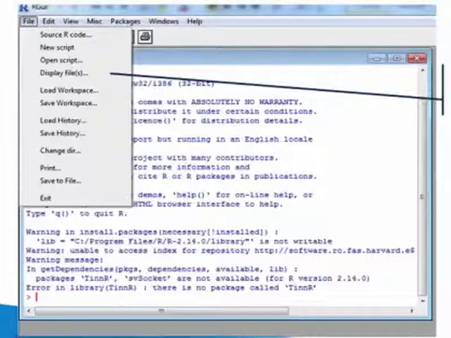Open an existing R script. You can use the Open Script command, browse through directories to find R files. You can use the display files command for that. When you're working within an R session, you might from time to time want to save what you're doing, including data and objects that you've created as part of your analysis, by saving all of this information into an external file. You can do that using the save workspace command. And you can open this saved workspace later on using the load workspace command.